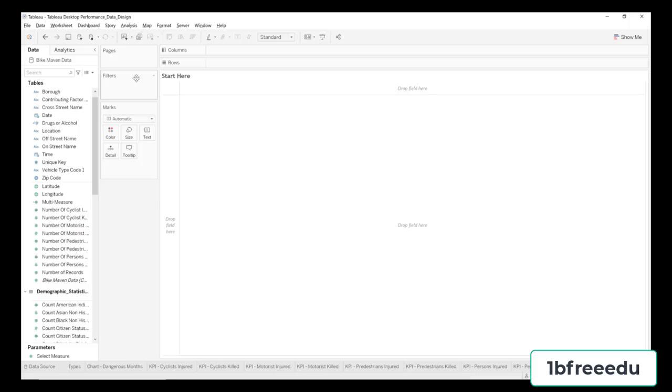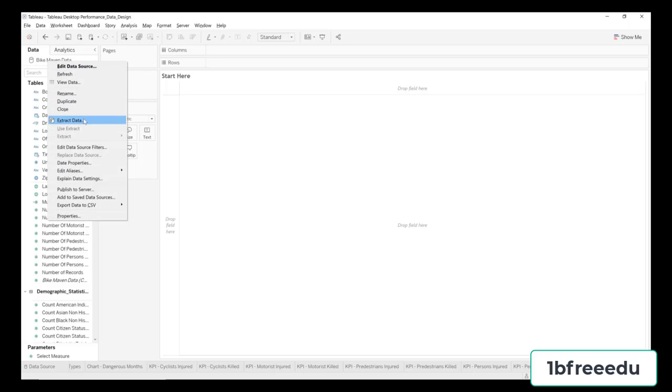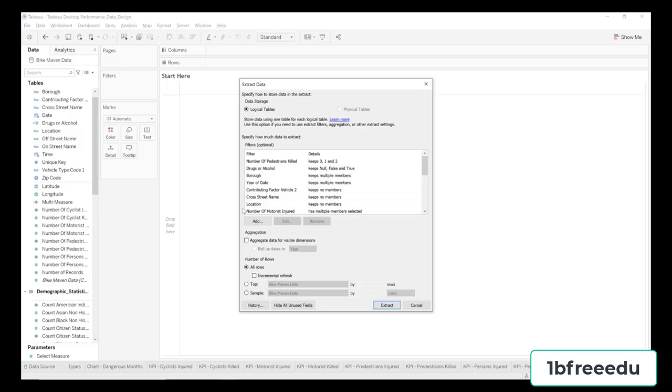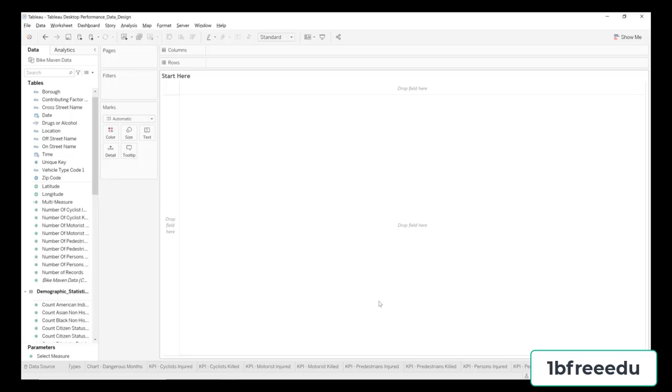We've already done our data modeling, so all we need to do is go up to our data source, Bike Maven Data, right-click, go down and choose Extract Data. We'll get our extract data window. For now, we're not going to optimize this in any other way, but we'll just go ahead and choose Extract. Alright, our data has extracted, and you can tell that by our double cylinder with the arrow icon right next to our data source. Let's go ahead and save our workbook, and up next we'll be looking deeper into optimizing